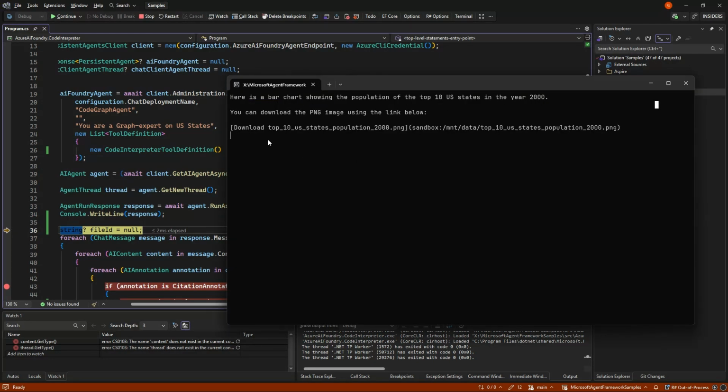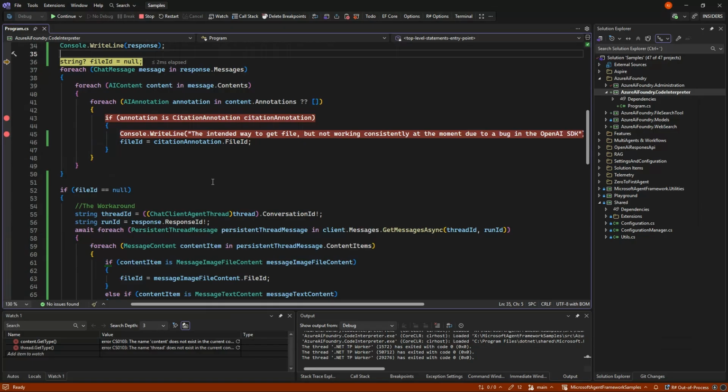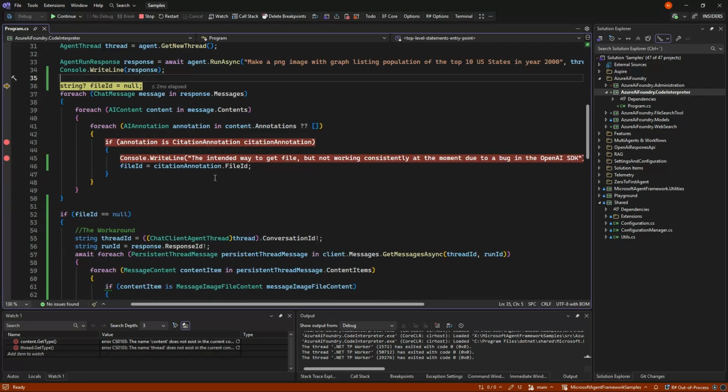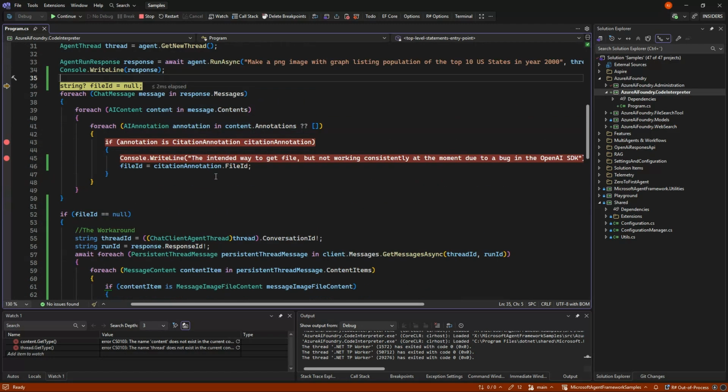And our answer back is, here's a bar chart. You can download the PDF in the link below, which we of course can't because this is the sandbox that it was in and we don't have access to that. And in the response, the PNG is not there. It's not like we get that, we only get a reference. And that reference is a file ID. And that is where the inconsistencies begin, because I've seen 4 different ways that it gives that back,